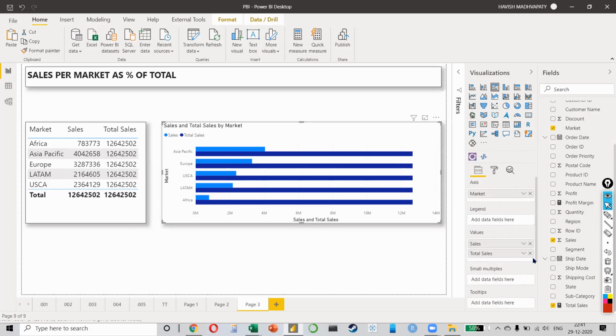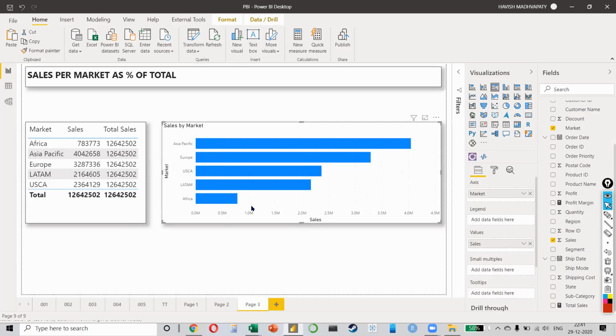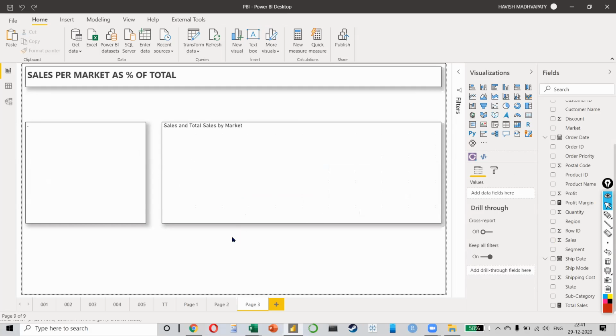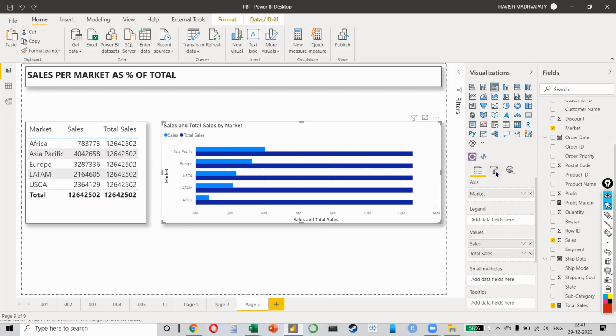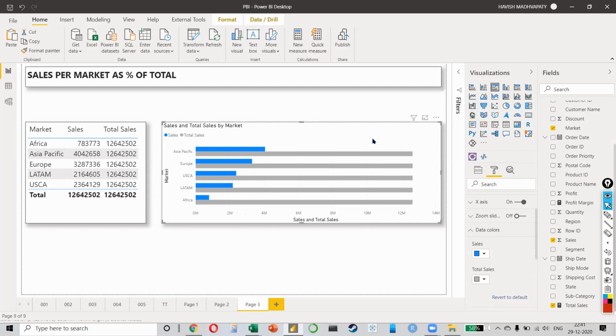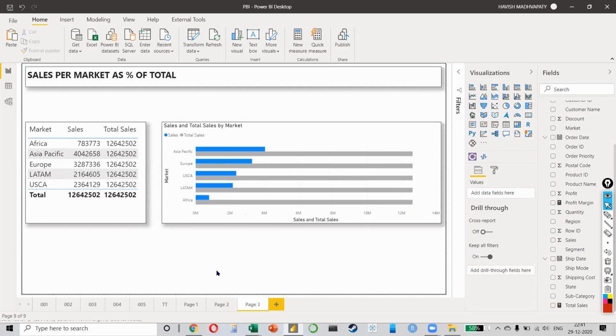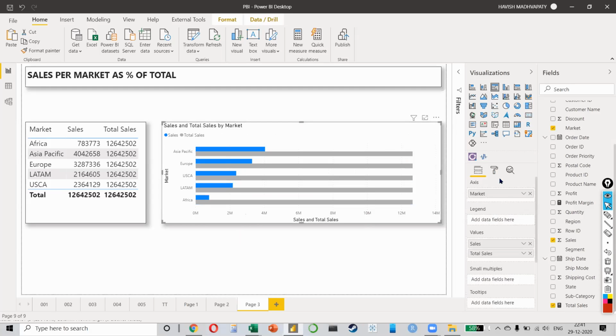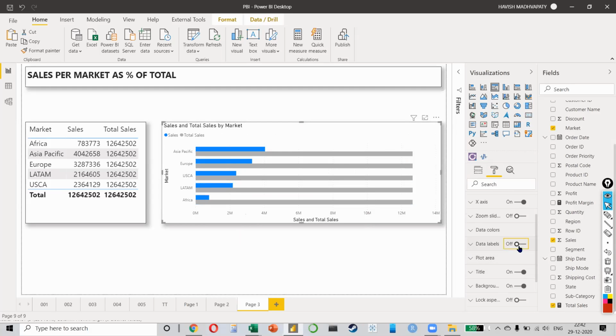Otherwise, what happens if there is no total sales value? I get this. There's nothing wrong with it, but there is no bar that is showing me the total value, which is all the 5 markets put together. By doing this, it makes it a lot easier to understand, right? Let me just change it into a neutral gray color, so it looks a little nicer like this. And obviously you can add the data labels as well. I haven't done that, but you can add the data labels here as well.